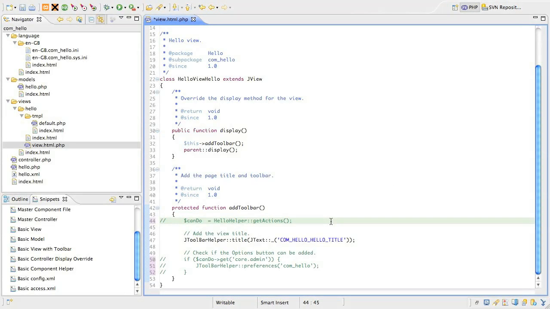Welcome back to part 2 of this subject on component access controls, and thanks for hanging in there with the theory. What we'll be doing in this lesson is adding a component helper to compute the permissions for the component and adding configuration and access control support files. First, we need to go back to